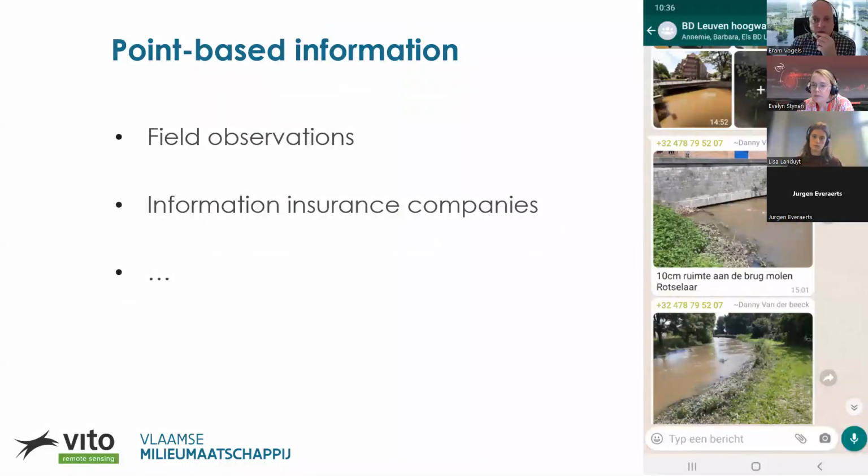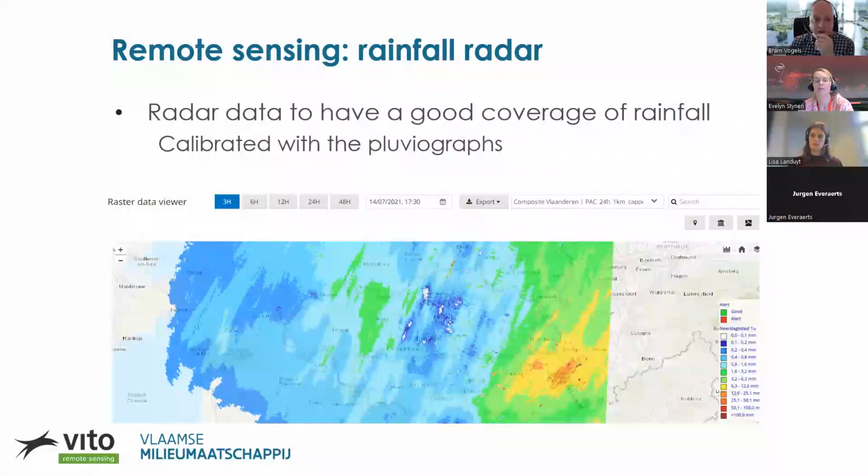So of course, we as a water board, we have a lot of people on terrain. We also use WhatsApp, etc., to share the information that people see on the terrain, to give extra